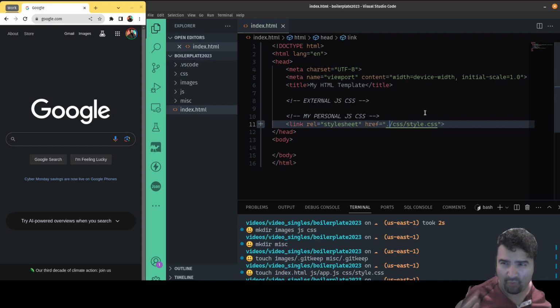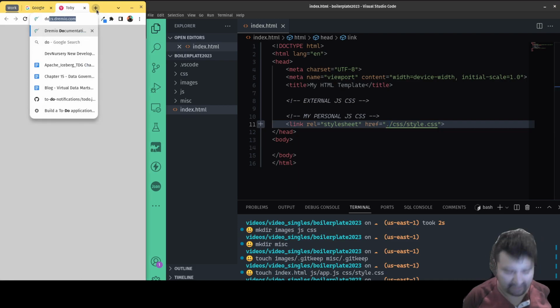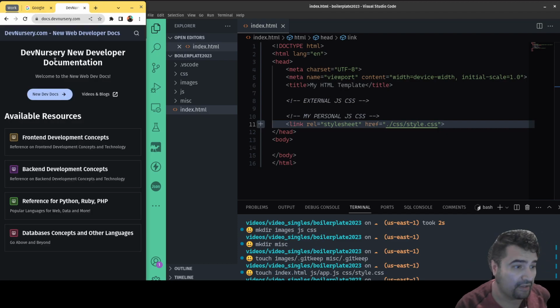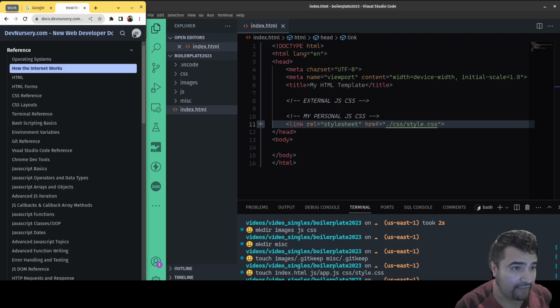If you want to hear more about the distinctions between relative and absolute URLs versus relative and absolute file paths, head over to docs.devnursery.com. So I'll show you real quick. If you go to docs.devnursery.com, you're going to find the new dev docs. You can click on that. And then if you click over here,